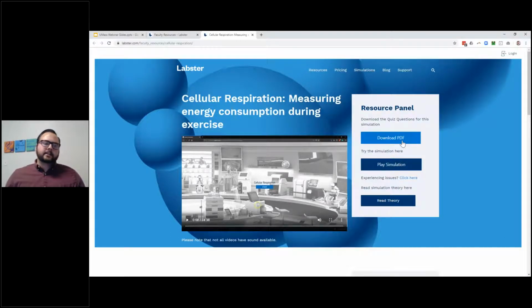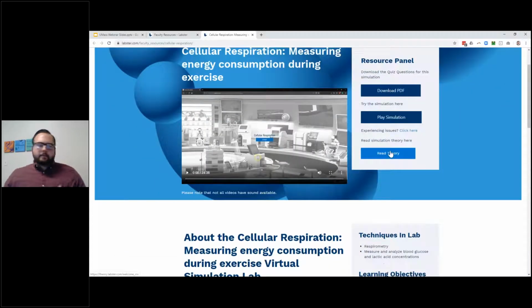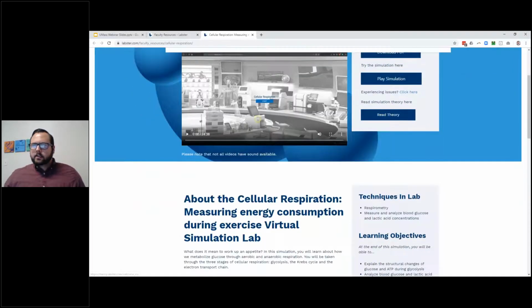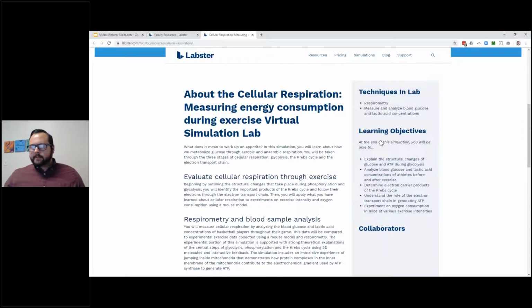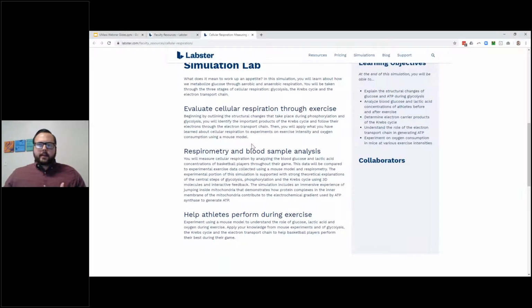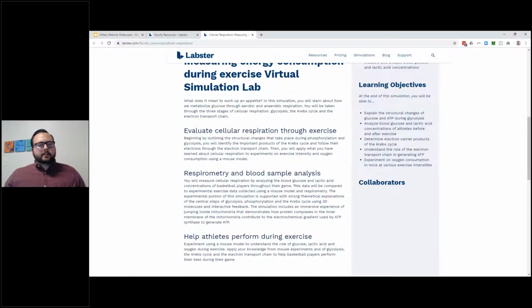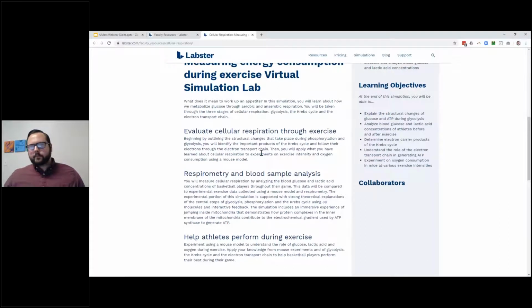So you know what we're going to be asking the students, you know what they're going to be expected to answer. You can read through the theory as well, and everything that we have is from OpenStax textbooks. So everything is built around these OpenStax that are fully available, free online, so that way you have full insight to what we're building these simulations around, and students can also have access to this outside of Labster as well. Scrolling down, there's a lot more that you can look at here. You can look at any techniques, learning objectives, if there was a major collaborator, and really everything about the lab and what the students are going to be doing going through.